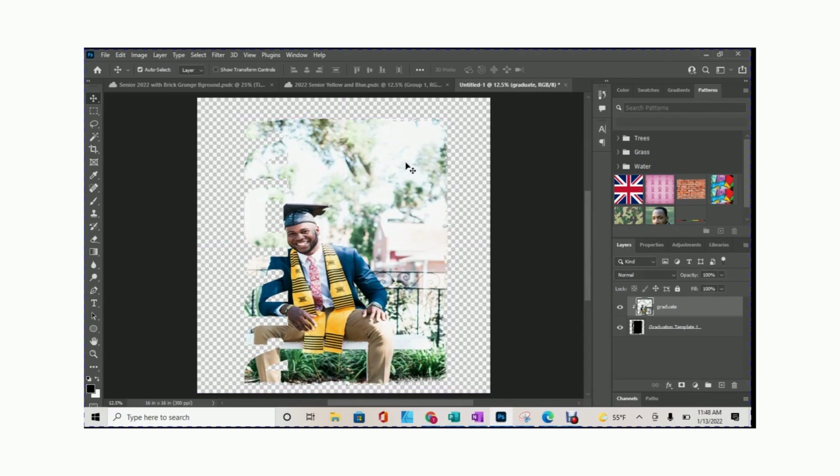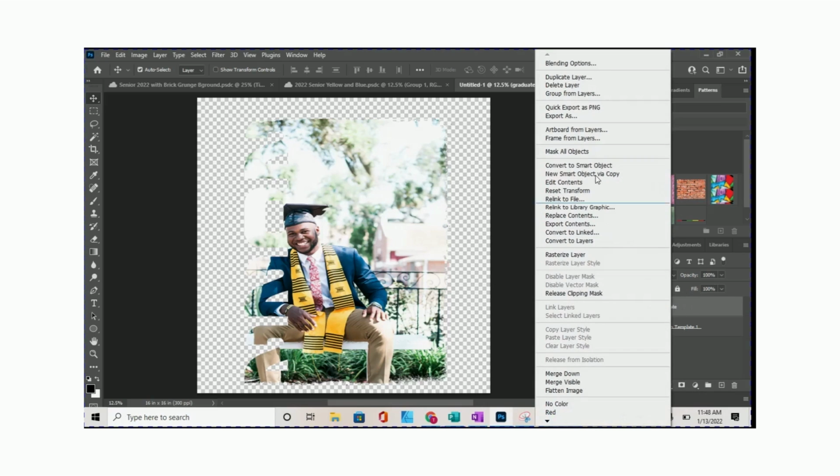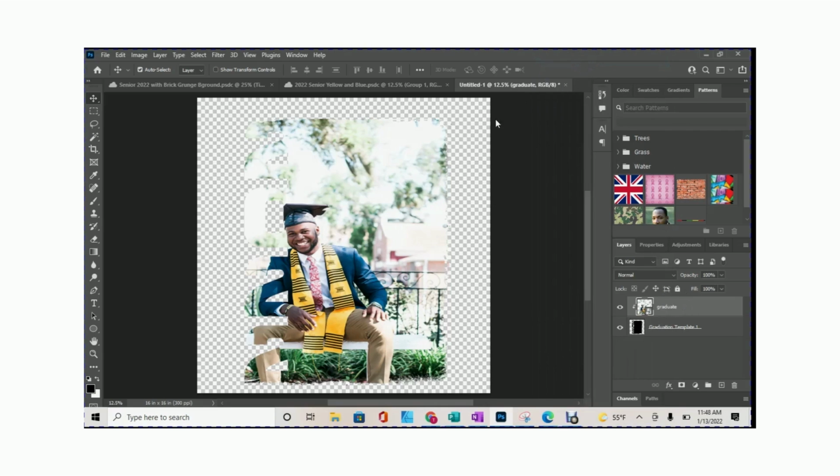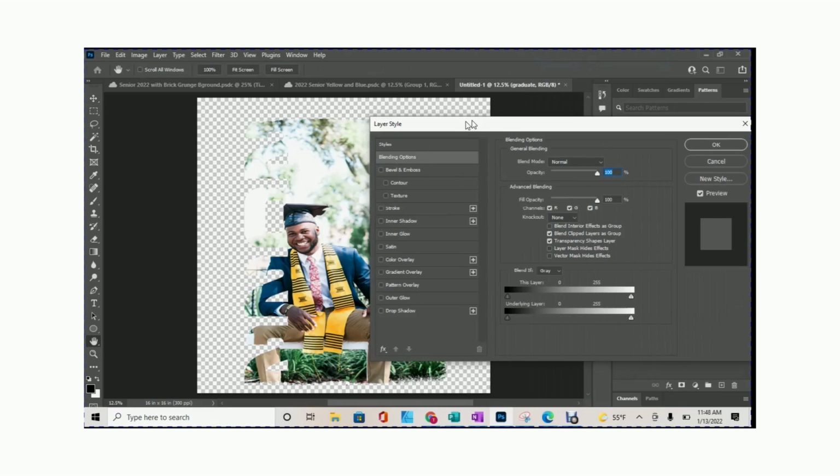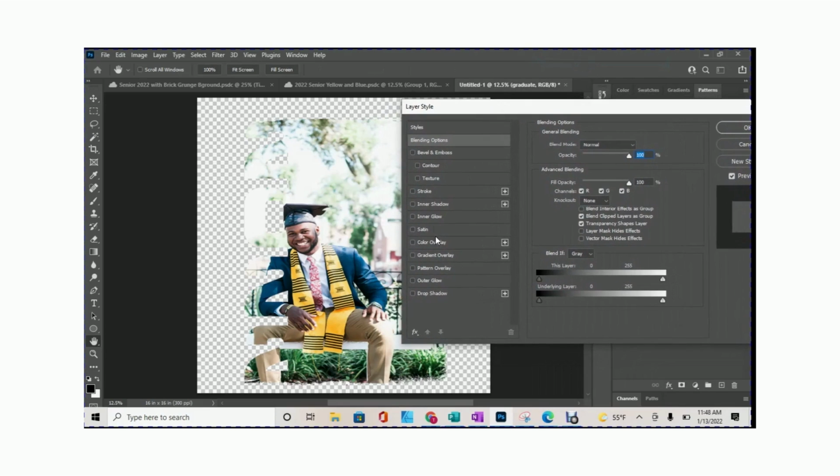Now, I know being that my background is a little light, you're not really able to kind of see the 2022. So how I would fix that, I'm going to go back over here to my graduate image, right click, go to blending options, and I'm just going to put a stroke on the outside of it.